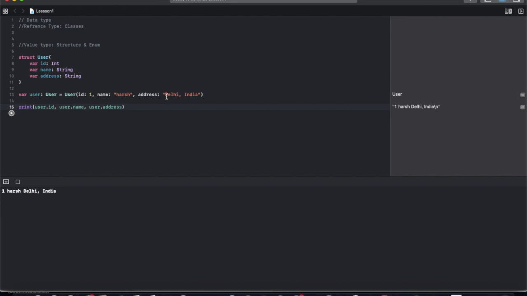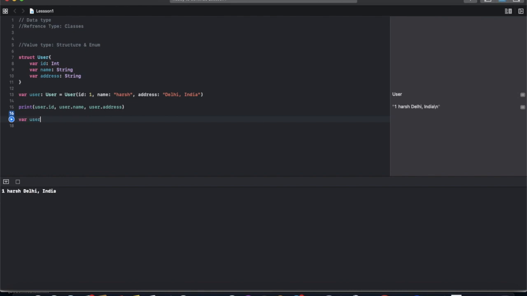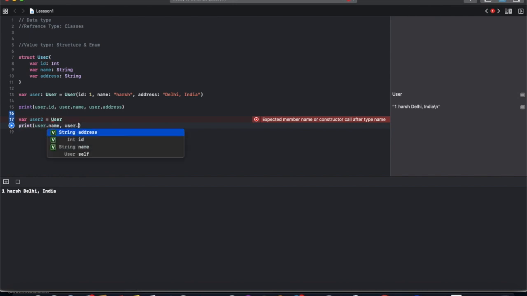So it will be three values in one container, and it can hold more than three values. Same as before, we copy: user2 equal to user, and we print the name only of both: user dot name, comma, user2 dot name.